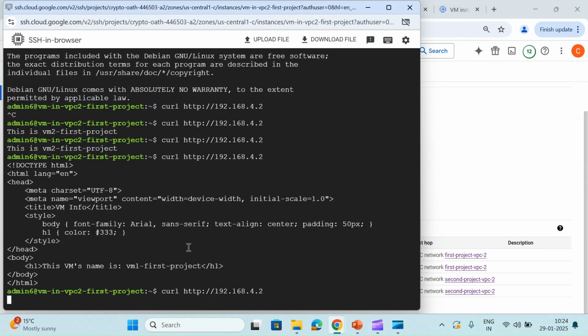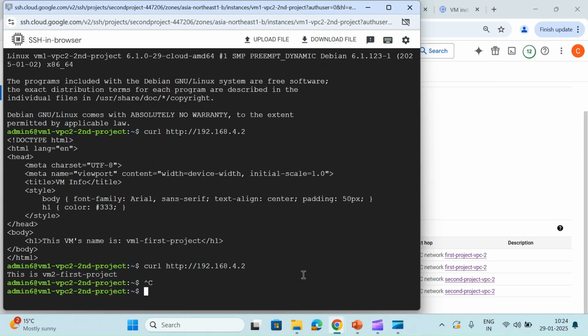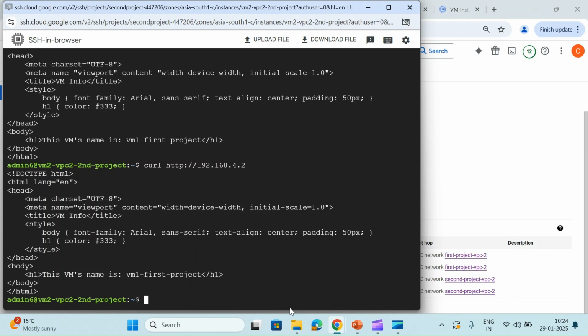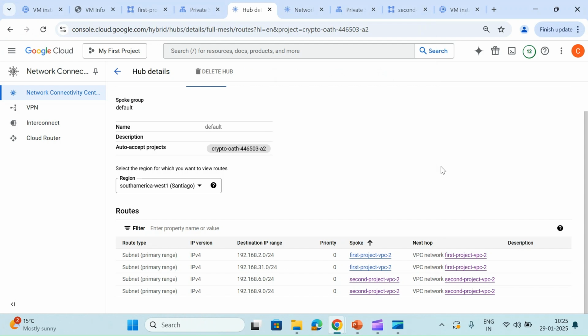So if I try again, we can see we are getting no response. But from my other VMs which are in that same VPC, from that I am able to reach it, because that is in the same VPC, it is not being advertised. So we can see I'm able to reach, but from this consumer, another VPC which is added as spoke, I'm not able to reach. I hope it is clear to you. So like this you can add multiple endpoints. So what will happen if in future I add one more endpoint, it will automatically be added into the hub. I don't have to create any connection, all that.